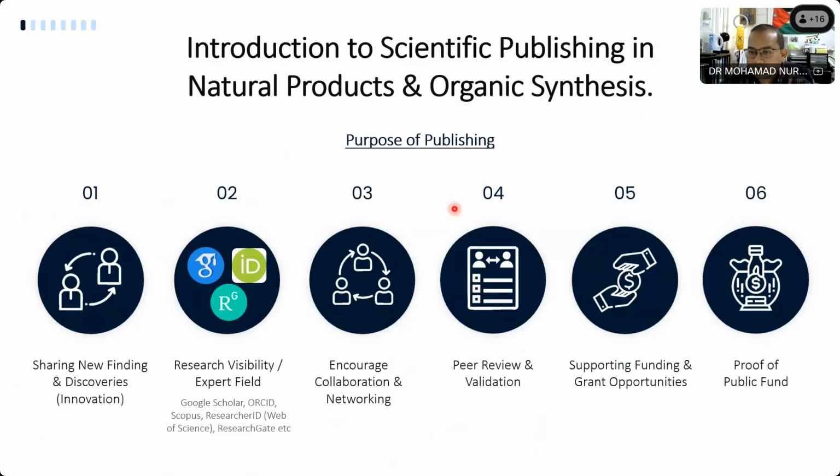Okay, number 5, supporting funding and grant opportunities. This is very important also. Without funding, we cannot work. We have to at least have the money to buy chemicals and send samples for analysis. Perhaps this is a good way to show that we are working in research. Anybody in academia has their own proposal, and suddenly the funder, the ministry or something like that, will request you to send 5 recent publications or a list of publications. The evaluator will evaluate whether you are working on research or not.